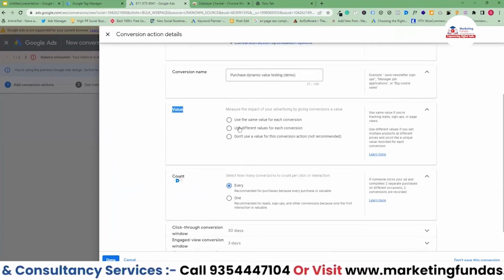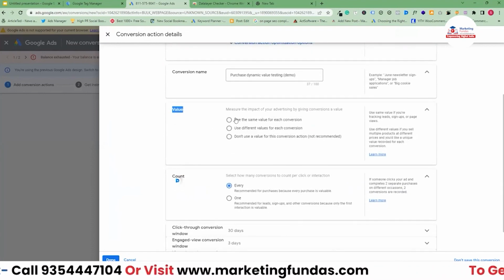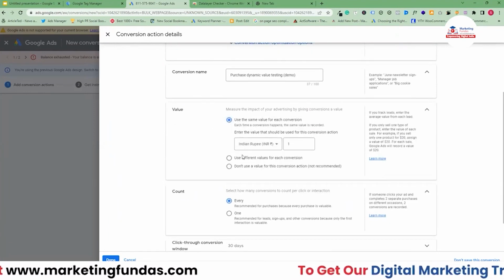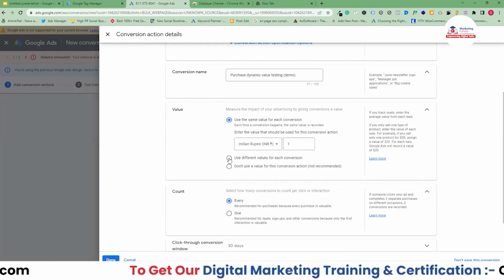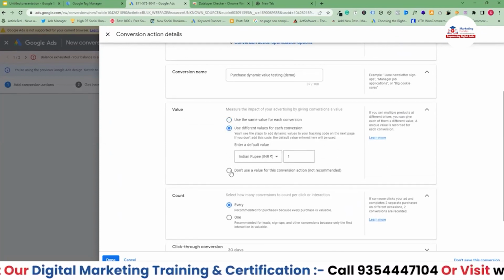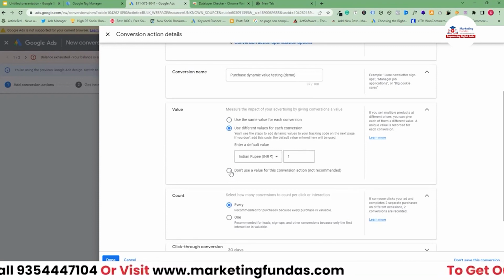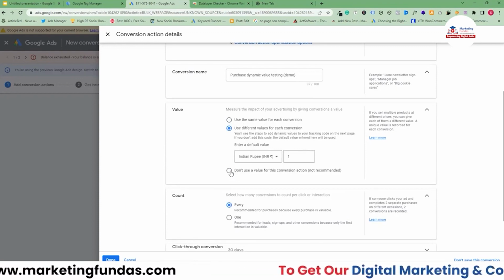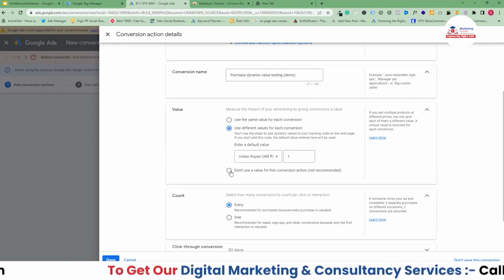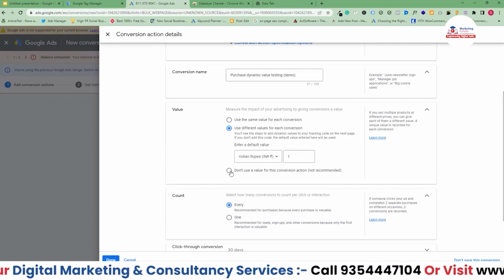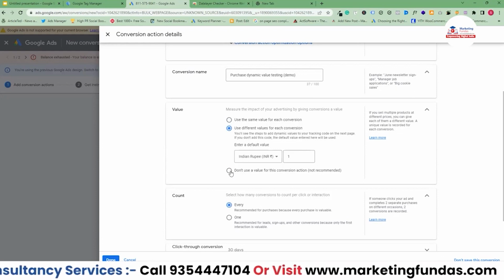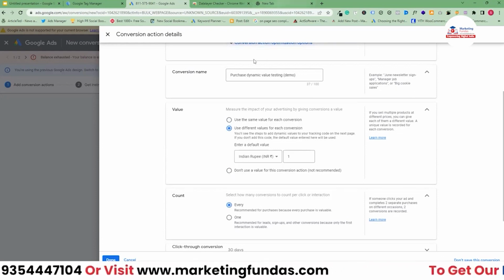Now here we have to set the value. It is asking whether, for whatever conversions you get, you want to use the same value or add a different value for each conversion, right? And the third one is don't use a value for this conversion action, although this is not recommended and we are not going to use this one, right? So we are going to use this second one,